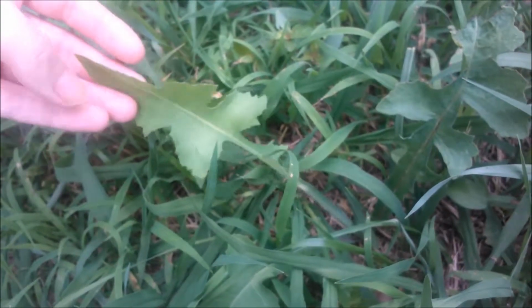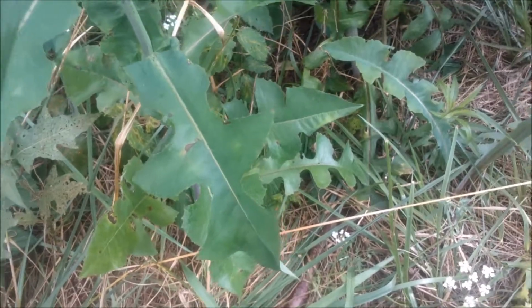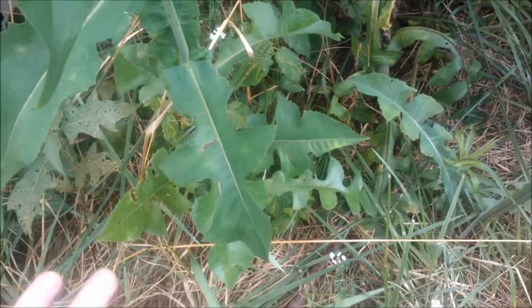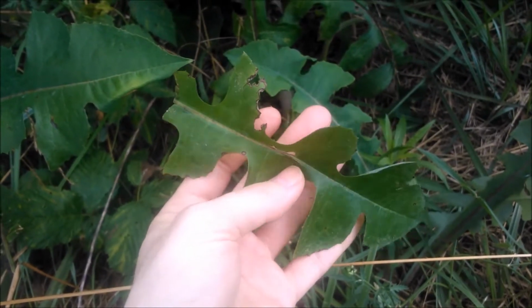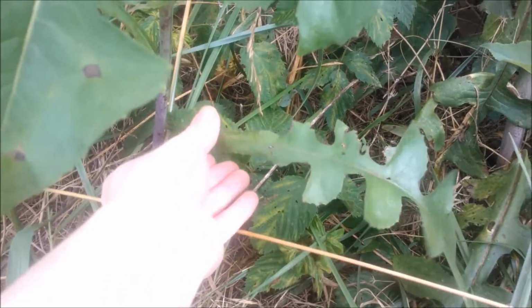This is wild lettuce, and here's a larger wild lettuce. And these will get really huge if left undisturbed. I'm talking about 12 feet tall, literally. You can eat it in salad, but it does taste bitter, so I recommend mixing it with some more palatable greens. When you pull a leaf off,